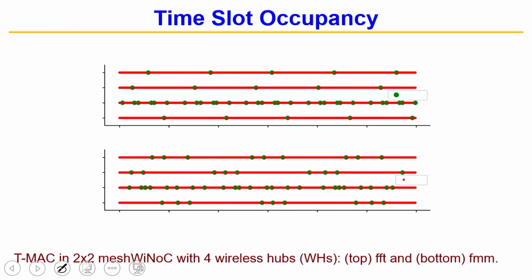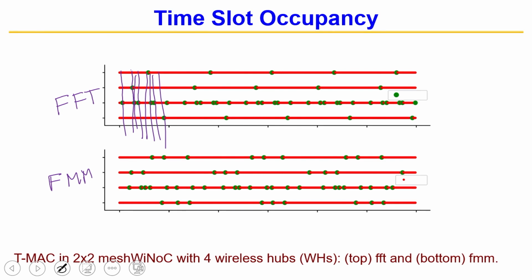Because of that, it should be obvious to you if I just plot it. This one is for FFT, the fast Fourier transform, these are again real benchmarks from the SPLASH benchmark suite, and this one is FMM, 2 benchmarks. There are 4 wireless hubs and 2 benchmarks running, and if you draw a vertical line, you will figure out they are not crossing each other, it is just different time steps. When they are communicating, they are communicating in different time steps.